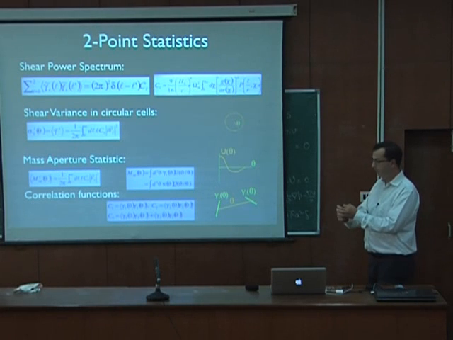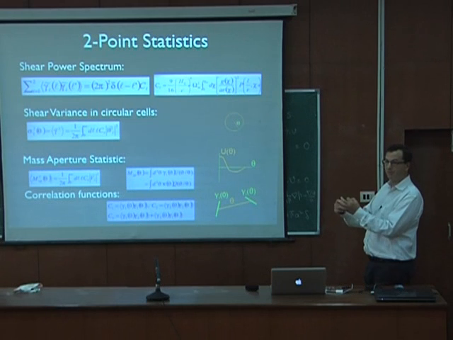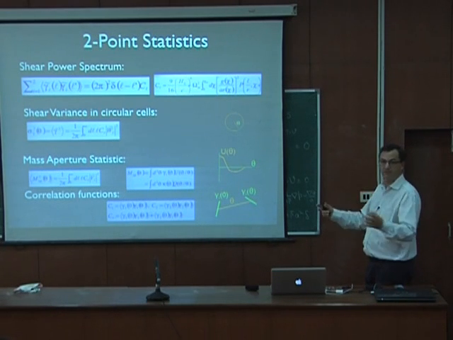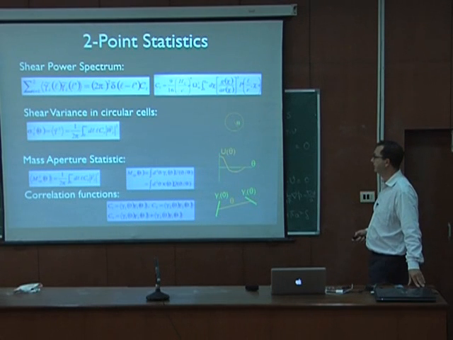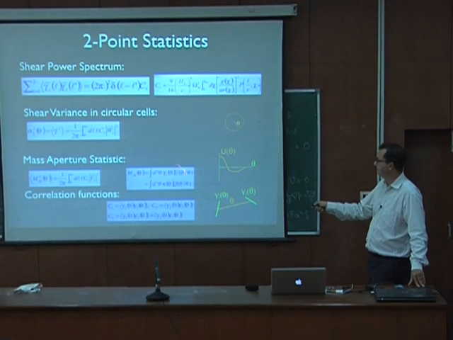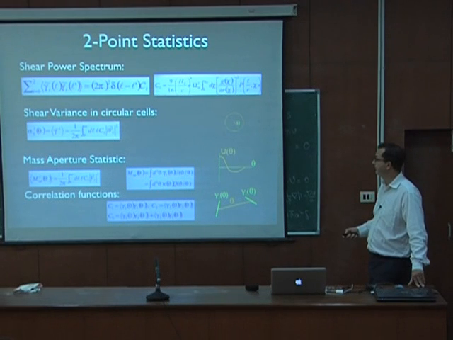And if you start looking at the correlation of two mass apertures separated by an angle theta, when it gets larger than this characteristic scale, then it decorrelates very quickly. The other advantage is that you can also relate the shear field and the density field, or the convergence, very nicely with this formalism. We won't talk too much about it, but that's an interesting way of characterizing the shear